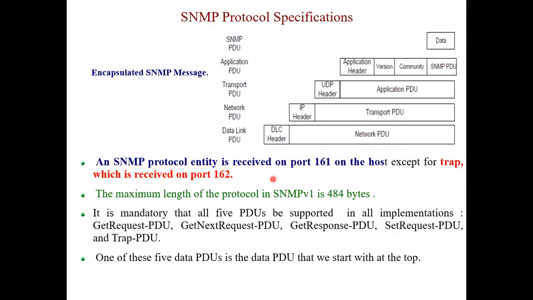There might be other messages also which are received on any other port. So this is an important thing to remember. In MCQ, it is important. Whatever I'm telling becomes a part of the question bank. So an SNMP protocol, because why I am telling all this is